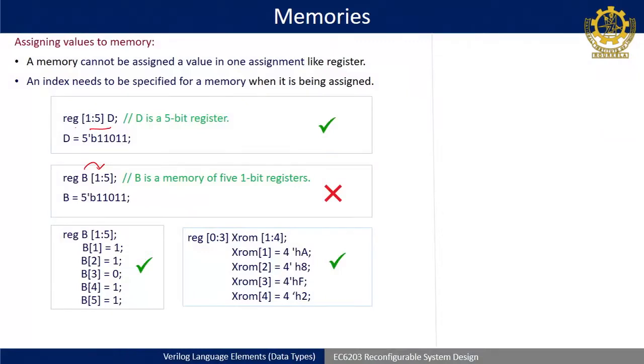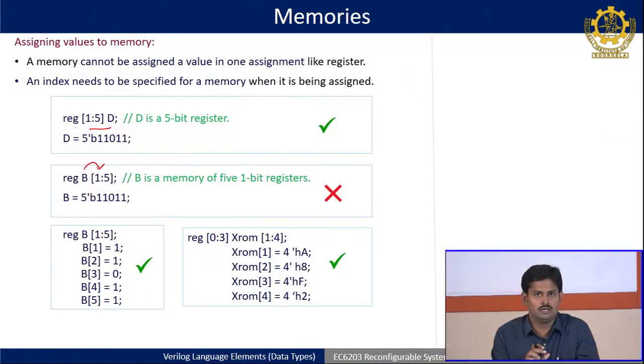So if something is written after that value, like D or B, that signal or that variable, then that is one memory, or you can say a 2 dimensional memory. Understood? So this side adds up to the columns and this side adds up to the rows. So that is becoming a 2D vector, a 2 dimensional array. Okay. So when I am writing reg [1:5] D, D is a 5 bit register, very simple.